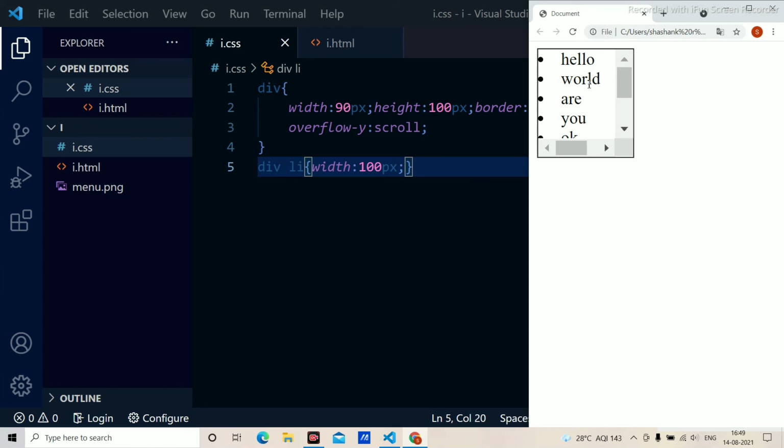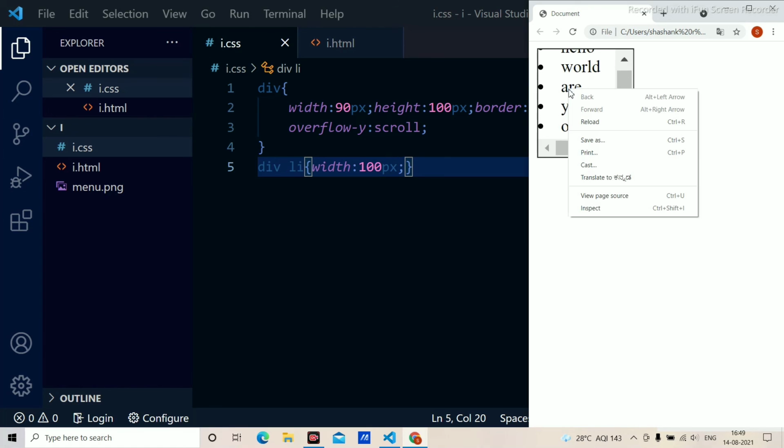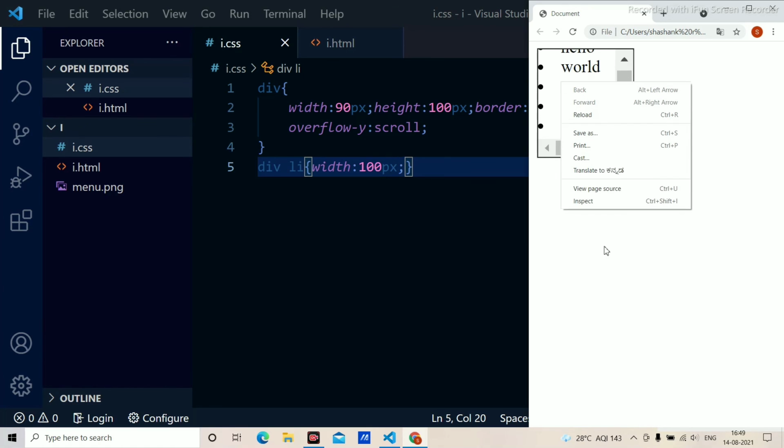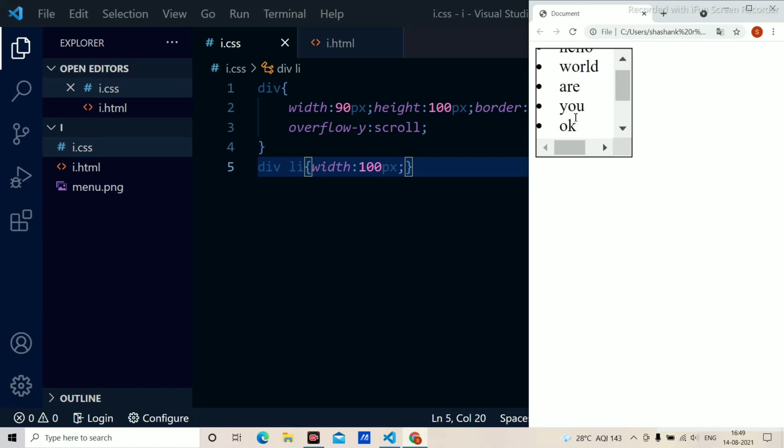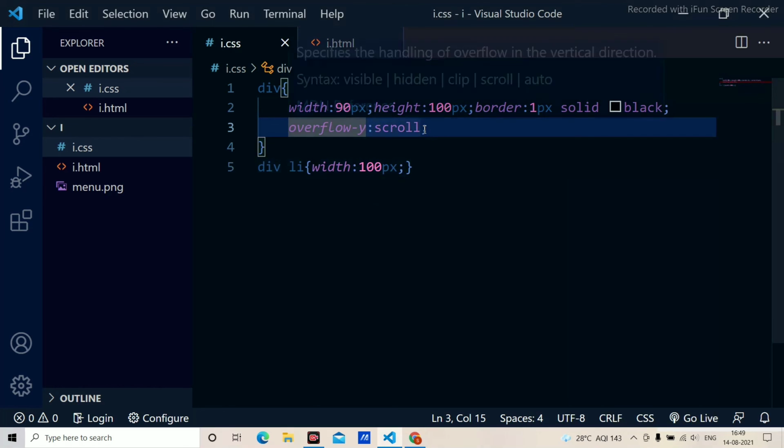As you can have a look, this is the y-axis scroll, and this is the x-axis scroll. And here I don't need any y-axis scroll.